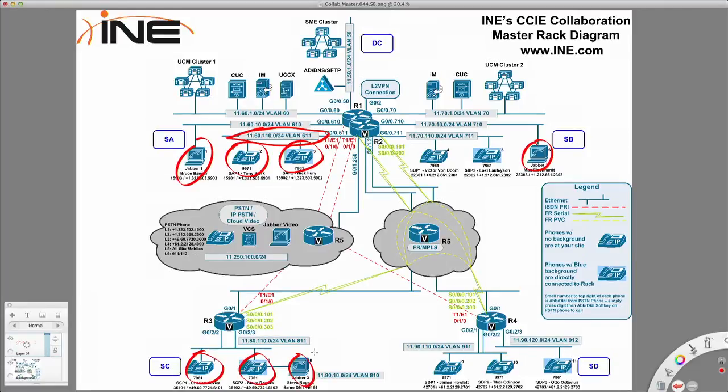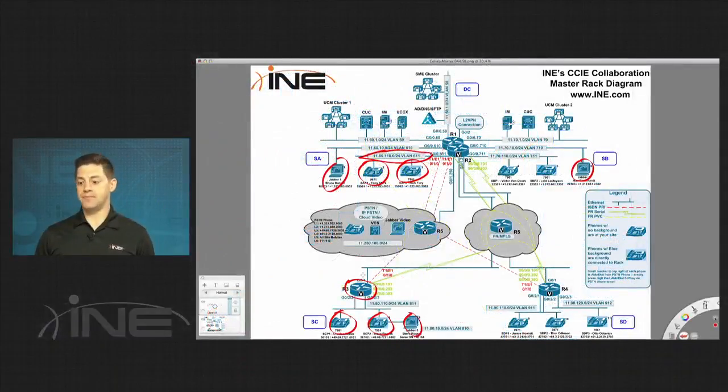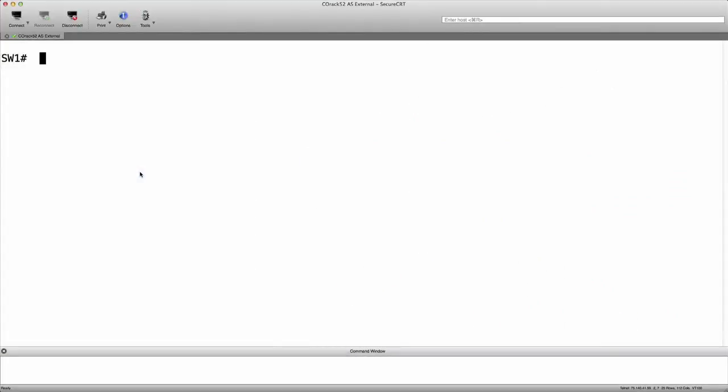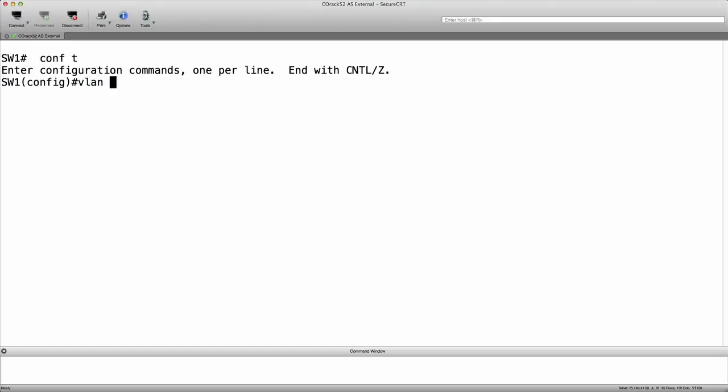phone/PC or access VLAN that we'll be using for our Jabber clients, hanging off of our Ethernet switch modules, which are directly connected or embedded within the routers. Same thing over here on R4. We don't have a PC client hanging off of this, but we do have IP phones, and we'll go ahead and act like there are with the access VLAN or the PC VLAN embedded in the Ethernet switch module. So let's go ahead on switch 1, and we'll go into config T mode, global config mode,